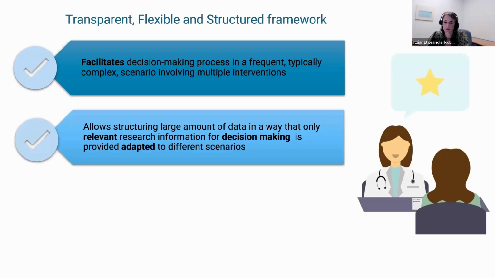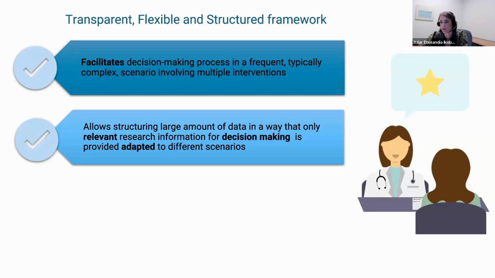They are flexible because you can choose what relevant information needs to be reported for decision making, and you can adapt to different scenarios, as Jessica shows, where we have a common comparator with an NMA, when we have a common comparator through different systematic reviews,